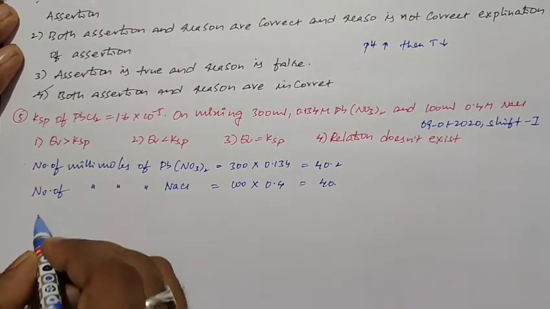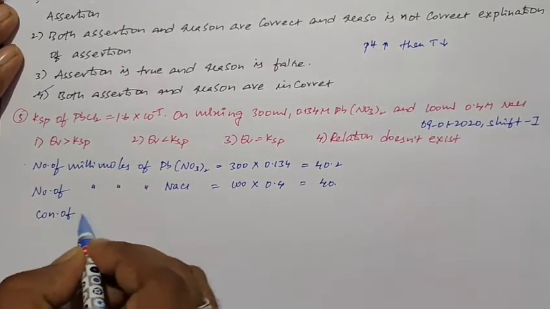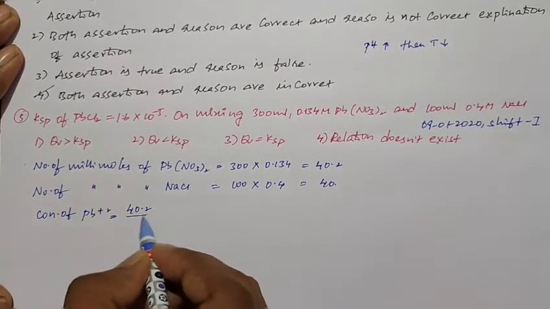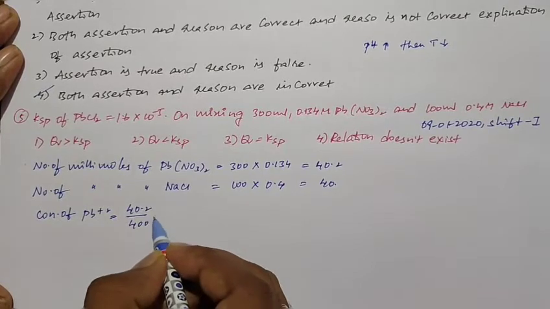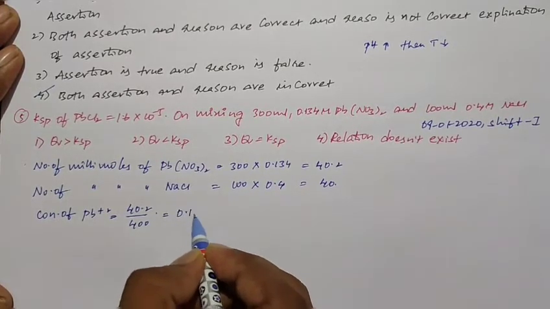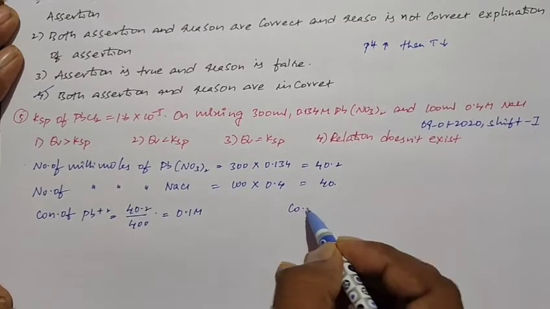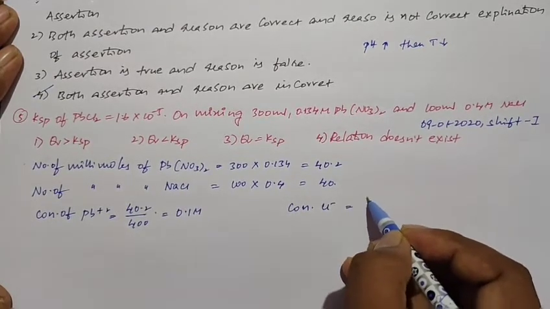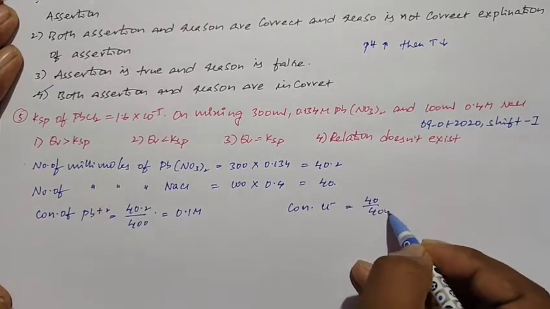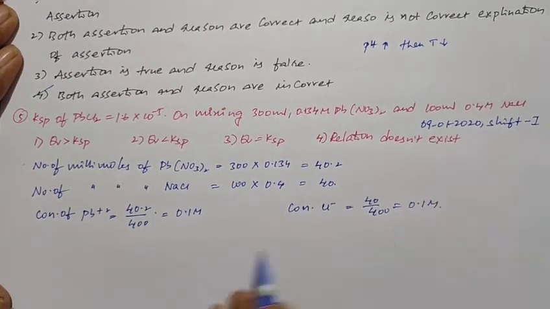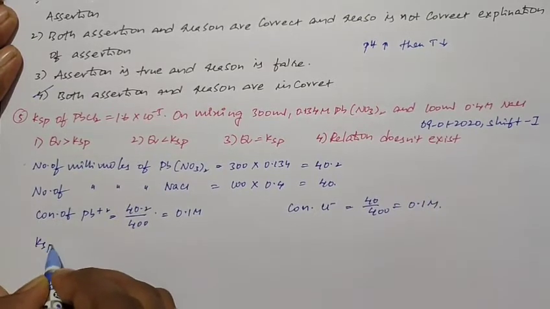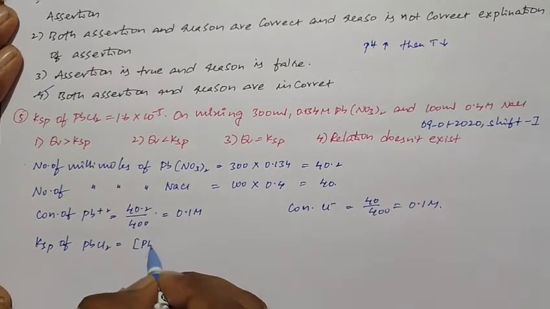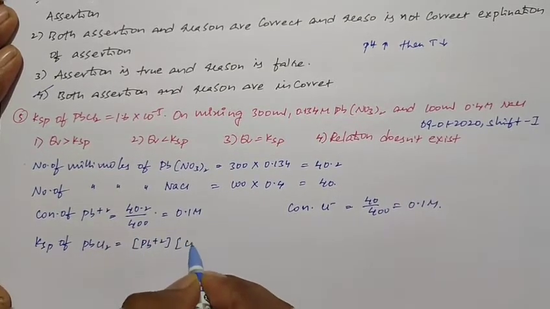So the concentration of lead ions is equal to 40, the number of millimoles, by the total volume, which is 0.1 molar. At the same time, the concentration of chloride ions in the given sample is 40 by 400. You get 0.1 molar. Then the KSP of lead chloride is equal to the concentration of lead ions into the concentration of